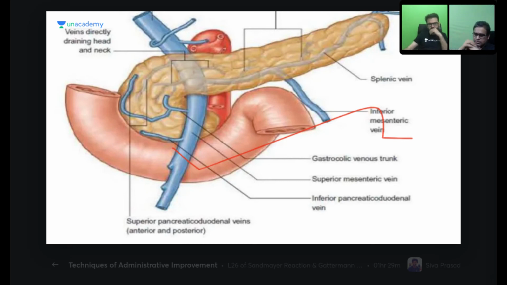Out of these four veins, only one does not drain into the superior mesenteric vein, which is that odd one out. Who will answer in this small form also? It has to be anterior or posterior, which is the other vein apart from the superior mesenteric that you are seeing over there. That is the portal vein. The bigger vein is the portal. So it is the posterior superior, very good, the posterior superior pancreaticoduodenal vein, which drains directly into the portal vein.